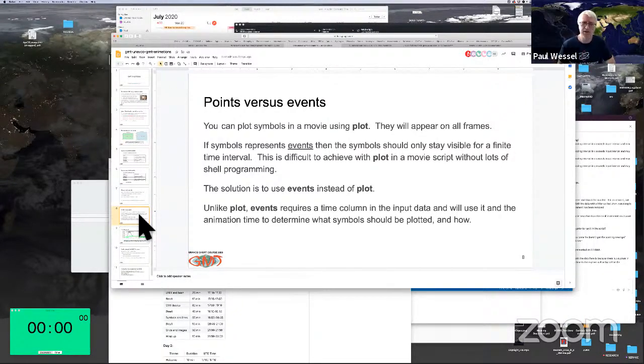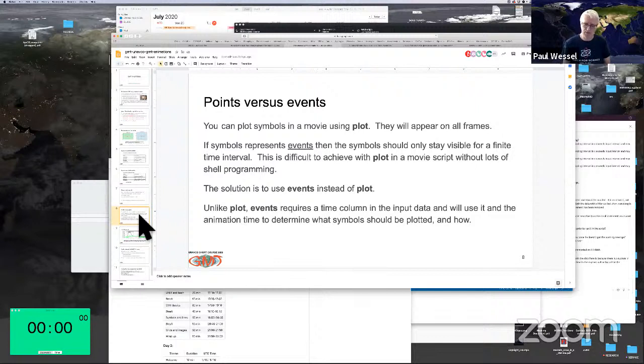Now, often you want to plot data points on a map. And again, for this not to be a boring movie, you want the points to change, or the number of points to change, or maybe points will come and go. Since this is a Geodesy workshop, seismicity is an interesting data set to plot. We know earthquakes happen at certain times, so you don't want to plot the point before the earthquake happens. And what happens after the earthquake is sort of up to you. Does it live on forever, so you can see all the quakes since 1960? Or should they only be there for a little while, and then you want to fade them away because the